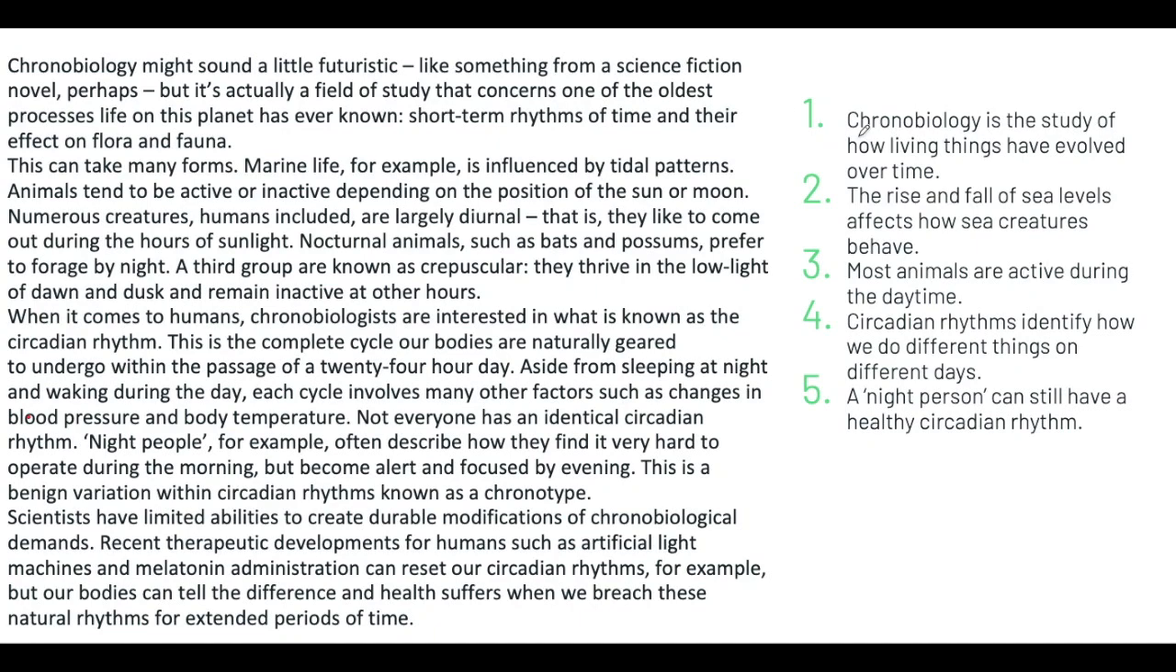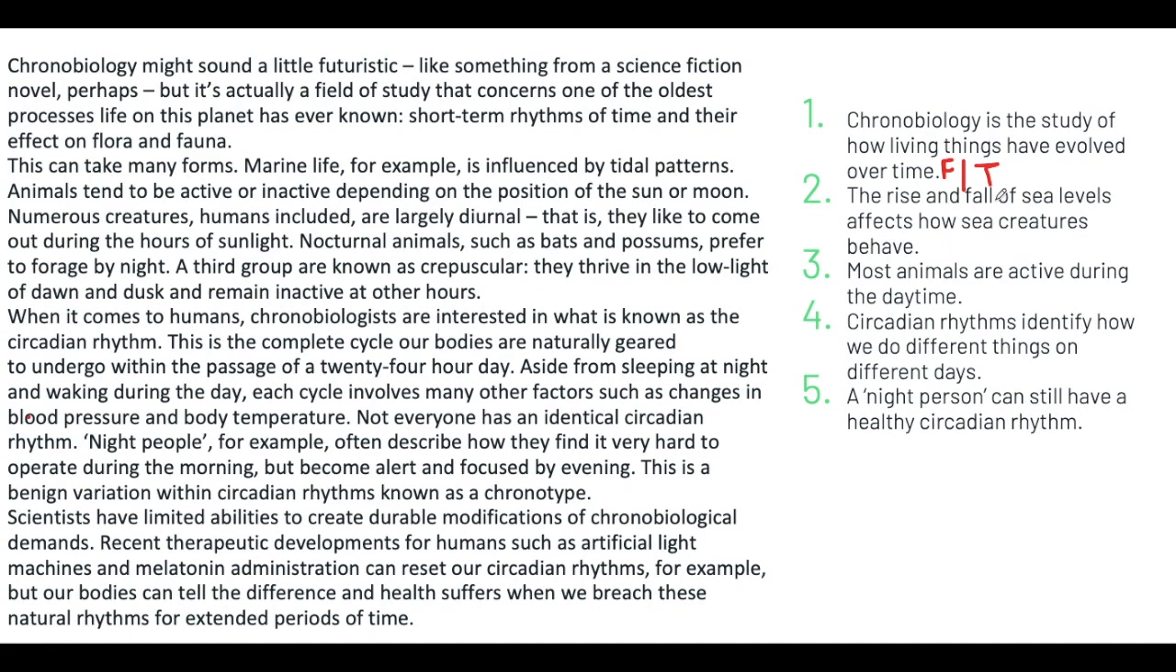Now coming to the first one, it says chronobiology is the study of how living things have evolved over time. First, let me give my answer. I was confused between false and true. False, because I was thinking that they haven't mentioned how living things have evolved. But true, because they've also mentioned